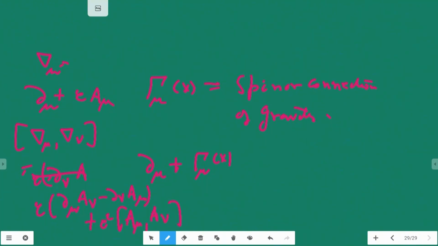This can be expressed in terms of the Lie algebra structure constants by writing A_μ as A_μ^α τ_α and A_ν as A_ν^β τ_β, and you take their commutator. You get A_μ^α A_ν^β [τ_α, τ_β], and you use the structure constants of the gauge group to write [τ_α, τ_β] = i C_αβ^ρ τ_ρ. Skew Hermitian matrix, these are the structure constants. So you can express this. So this gives you the gauge field.